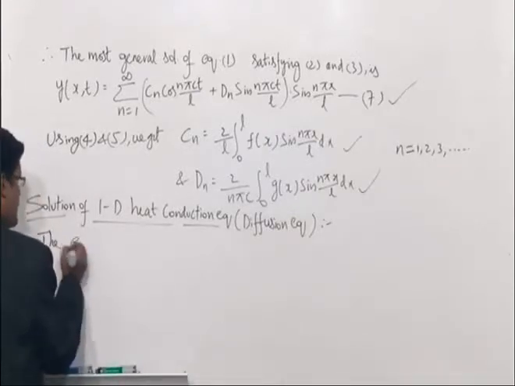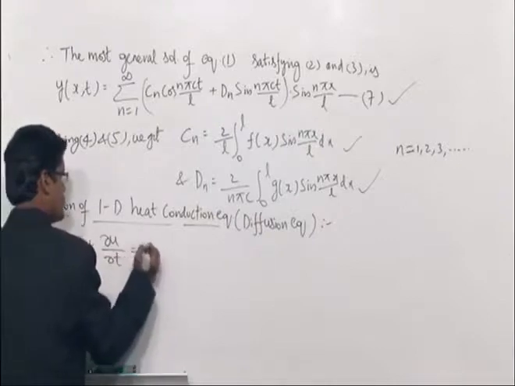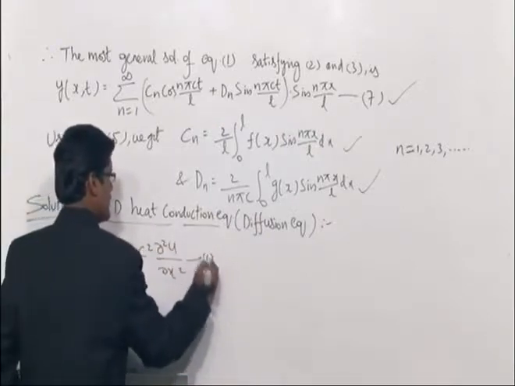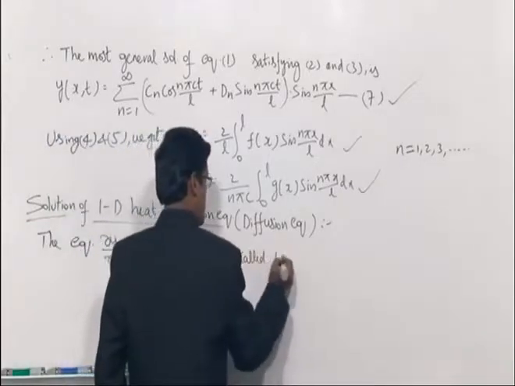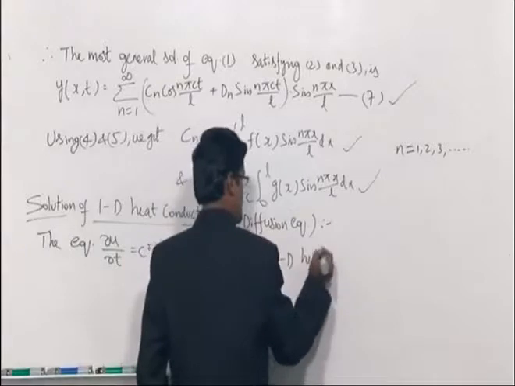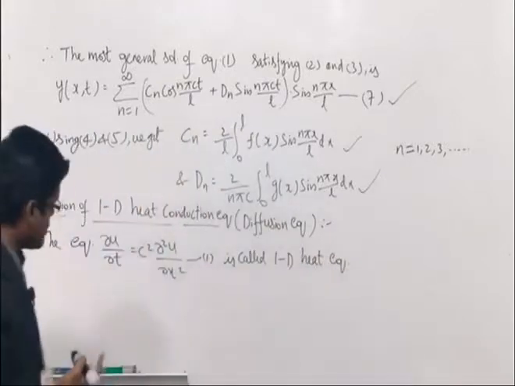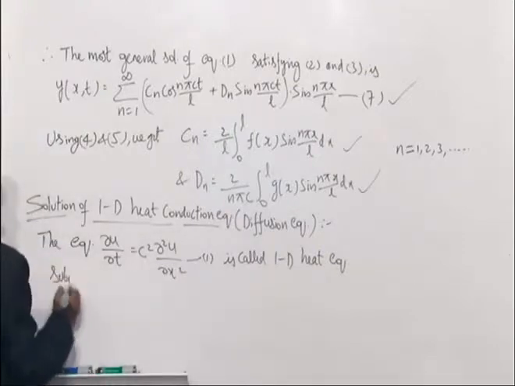Okay, the equation dou u by dou t is equal to c square dou square u by dou x square, equation 1, is called the 1D heat equation. It's used to determine the temperature at any time t, subject to